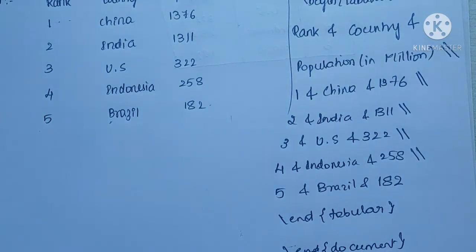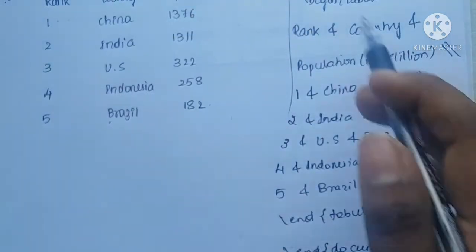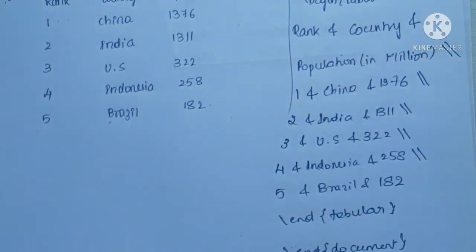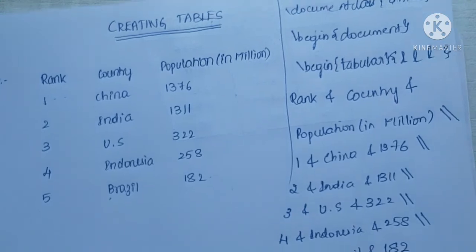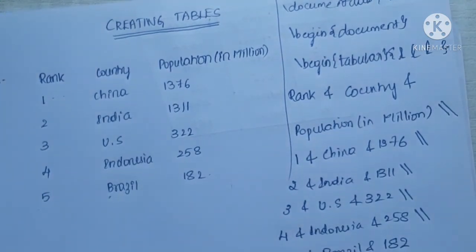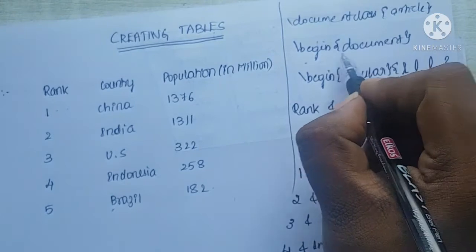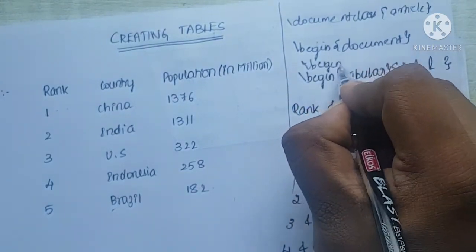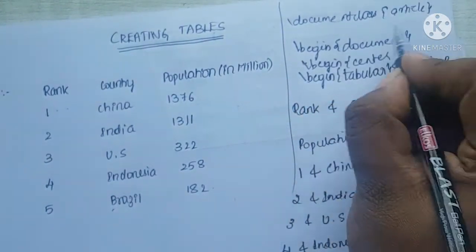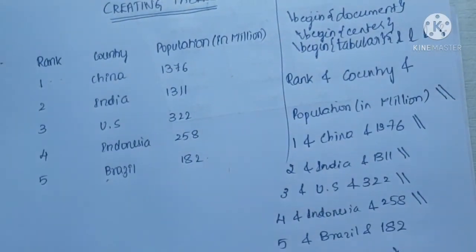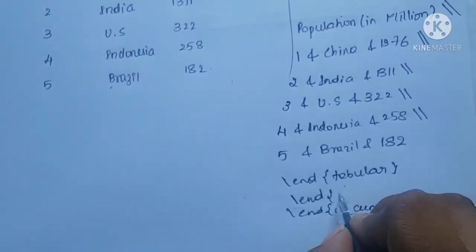The output what you get will not be in the center of the page. If I want this table to be in the center of the page, we can use a command that is begin center and end center. Begin center can be used here. See, after begin document, above begin tabular, you can use begin center. So where can you end this end center? After end tabular, you can end that.